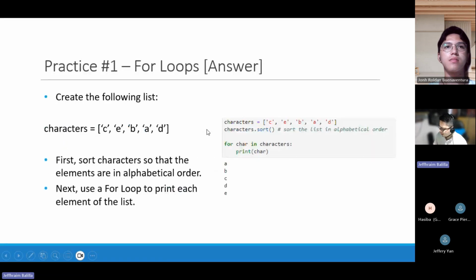So let's proceed here. Basically, this is just the answer. This is also one reason why I prefer working with lists, because you can manipulate them through these different methods that we have. Most of the time when I work with these different data structures, ultimately I would still convert them to lists.